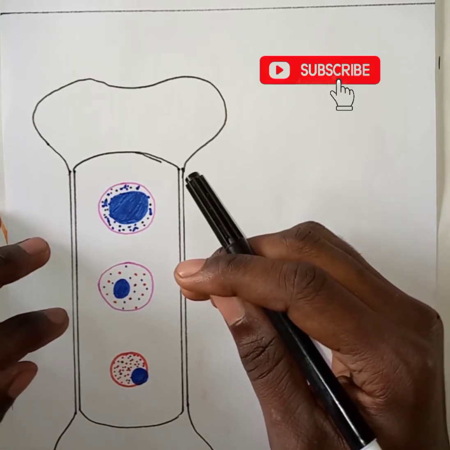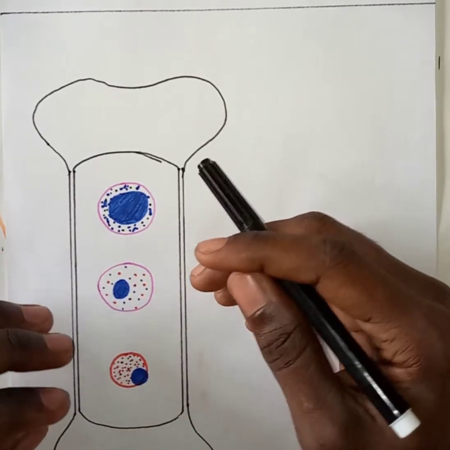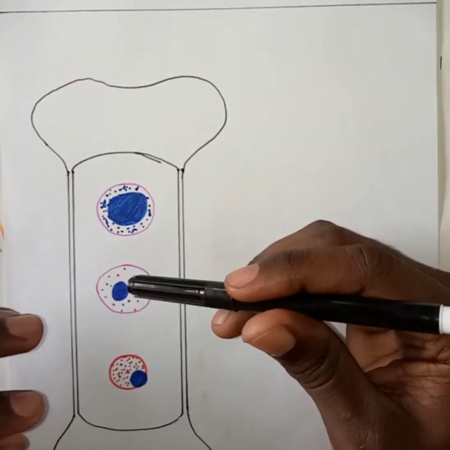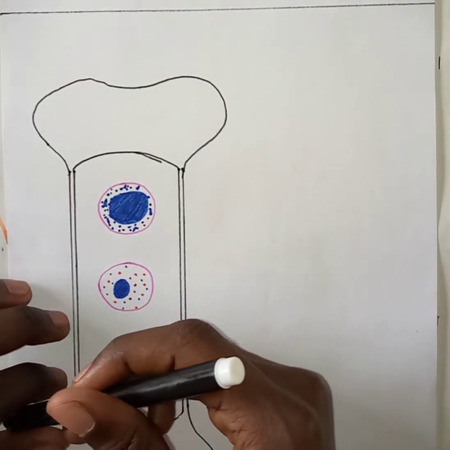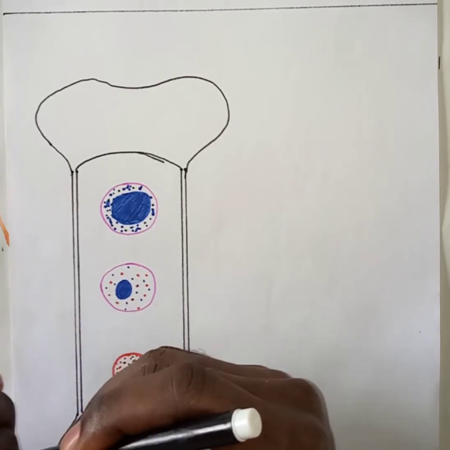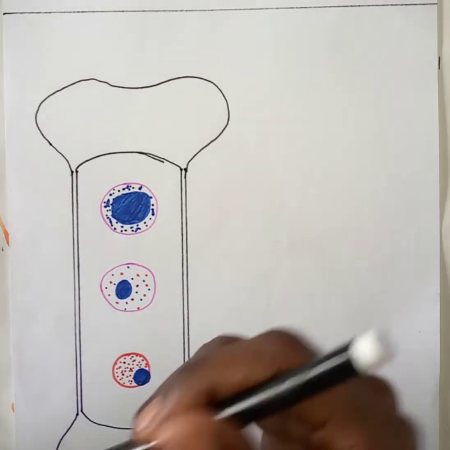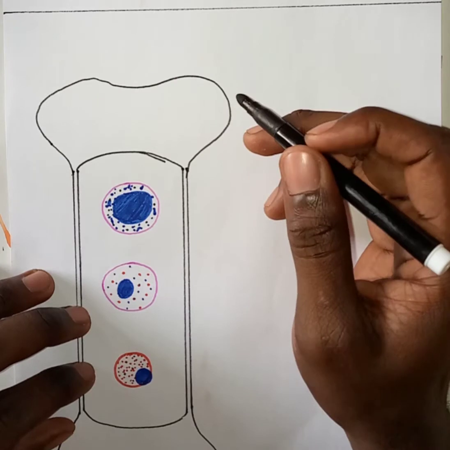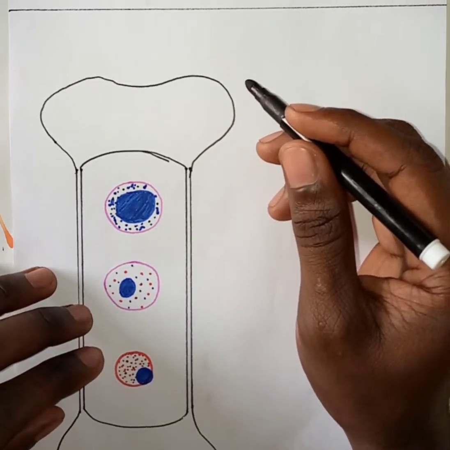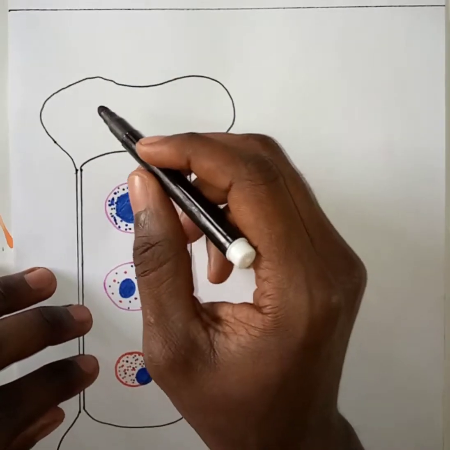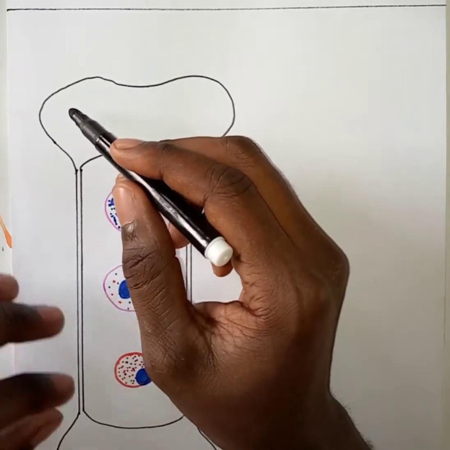Today we are going to talk about erythropoiesis, and this is the process of red blood cell formation. Yes, we are going to see it. If you didn't view my previous video about the general overview of hematopoiesis, please view it. Erythropoiesis is a process of red blood cell formation, and from the bone marrow, as we said in my previous